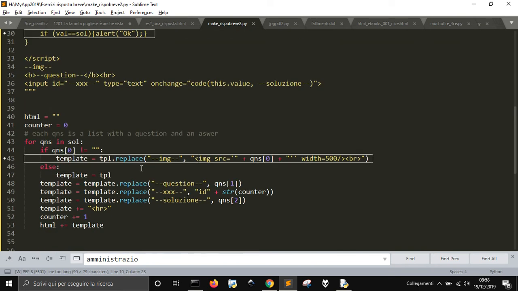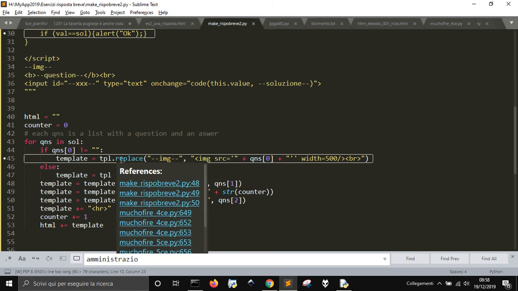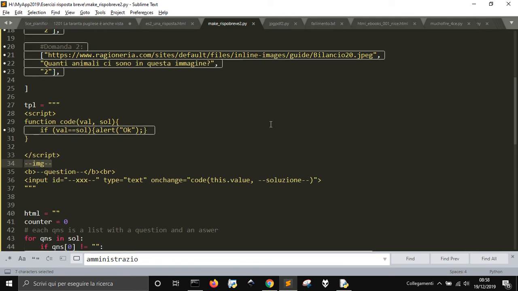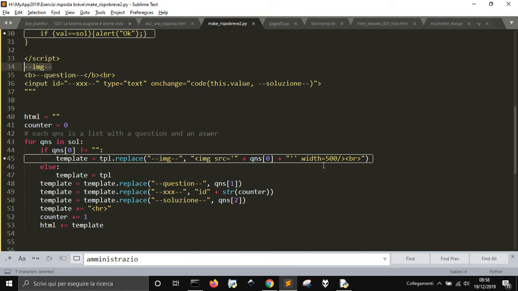If you do not want the image to appear here, if it's not empty, so if you want the image to appear, you will replace this placeholder here with image search QNS0, so this thing, and we'll show it with a width of 500. I thought that this could be good, and instead, if it's empty, it will just